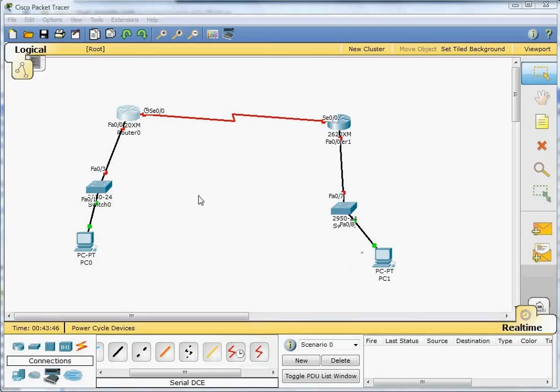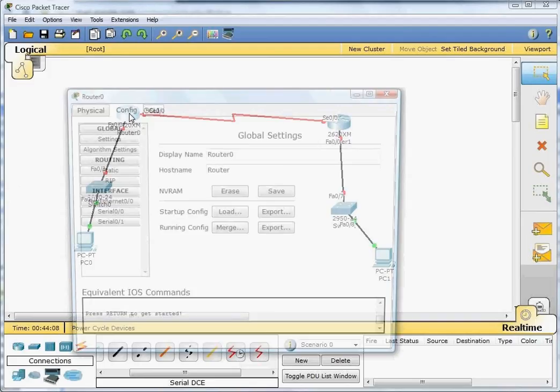Okay, now the next step is we start the configuration for the router, and we're gonna do the first router to the left, which we call router 1. And a reminder, this is connected to two networks. One network here is 192.168.10, and the other one is 192.168.30. So we configure the router by double clicking on the router, and we go to the tab that has